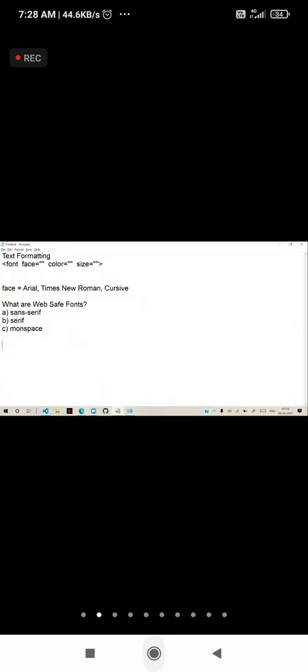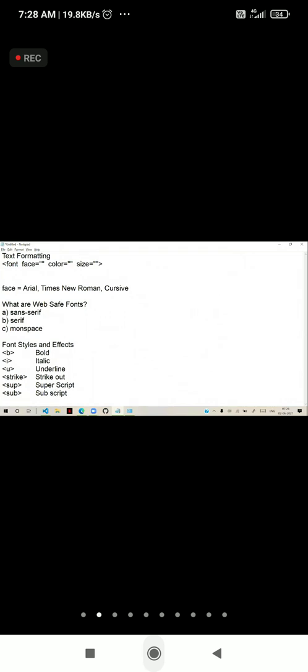Next, in text formatting, we have font styles and effects. For font styles and effects, we have options like B. B is for bold, and I is for italic, and U for underline, and strike is for strikeout, and SUP for superscript, and SUB for subscript.